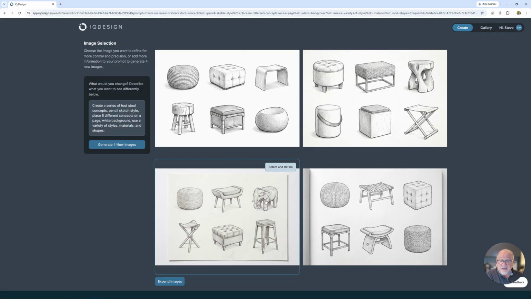This is a lot of fun. Some of these forms, I've seen similar items, but let's take a look and perhaps focus on one that's a bit more traditional. So let's focus on this image. I'm going to hit Select and Refine,